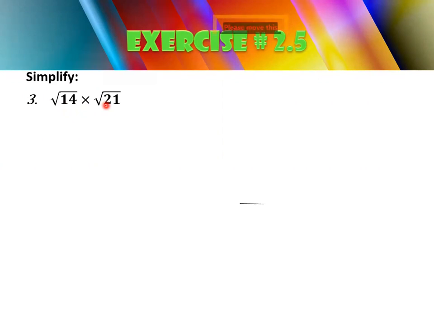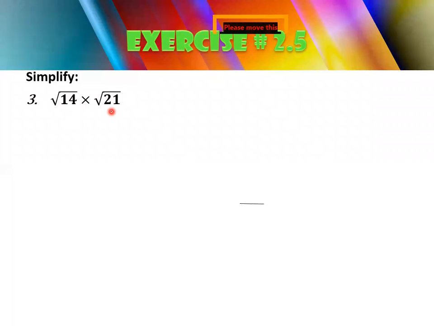As you can see, 14 and 21 are very simple numbers, and they are not the perfect square of any number, so obviously you could take the LCM to find out its factors. But as you know, the factors of 14 are obviously 2 multiplied by 7. It is very simple, so no need to take the LCM here. You will simply do a calculation in your mind that the factors of 14 will be obviously 2 multiplied by 7 or 7 multiplied by 2. Similarly, you will get 21 by 3 multiplied by 7.